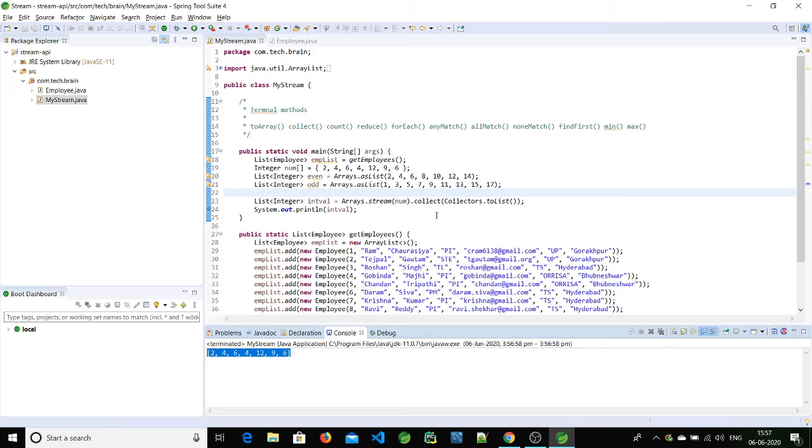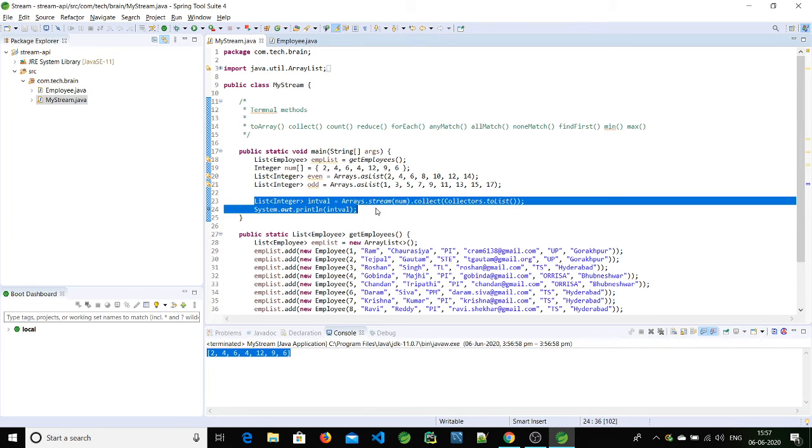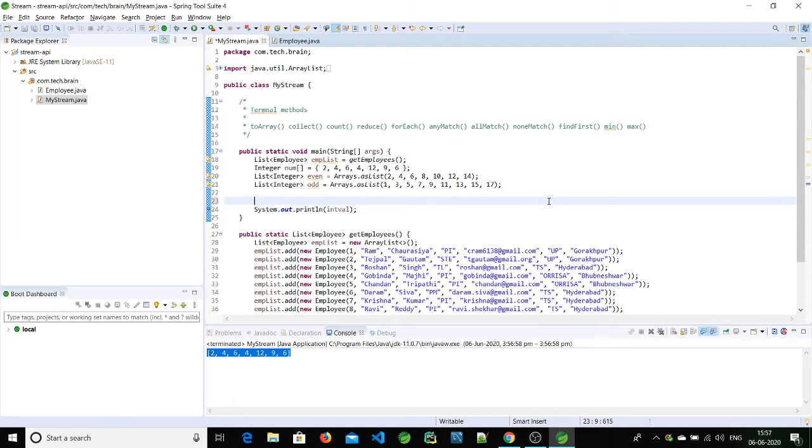Now let's see how to convert to a map from any object. For that I'm going to use this employee list. On top of that I'll create a stream, so that we can easily create map key and value pairs.